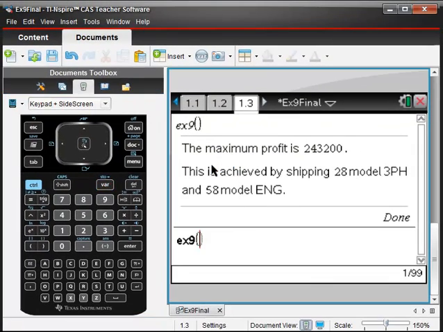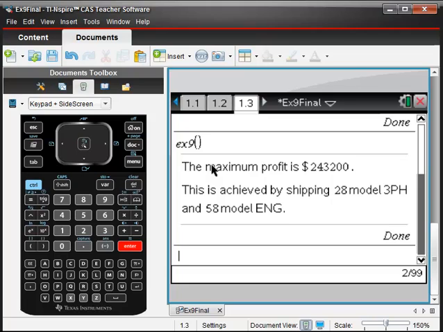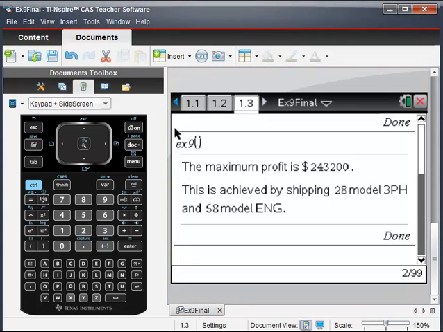Okay, anyway, we want to take one more try at exercise 9 just to fine-tune how it comes out. There, now it has the units of measure for that profit, the dollar sign. And now this much is in order. Let's begin to check over this conclusion here: 28 model 3PHs and 58 model ENGs. One thing we might first do is see if that even looks to be a point in the domain of the profit function. So let's return to the first page of this,